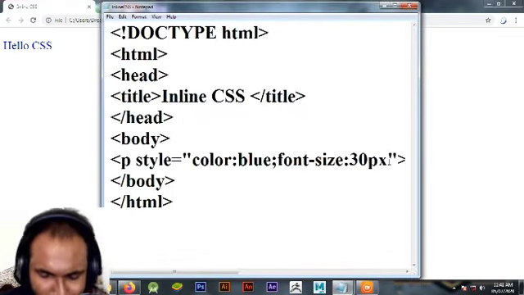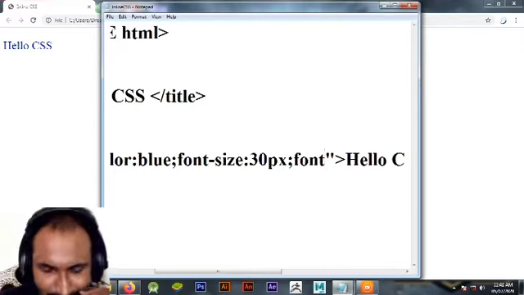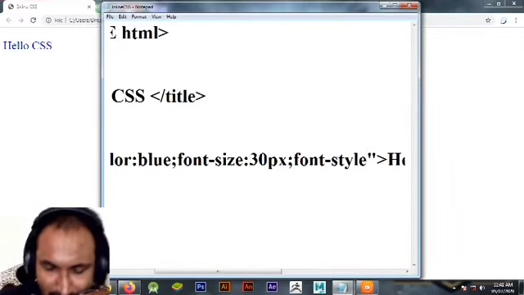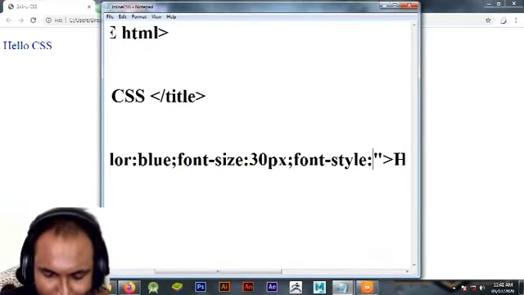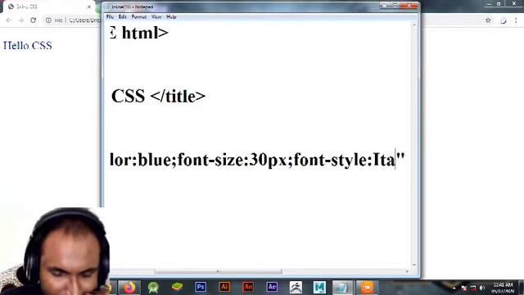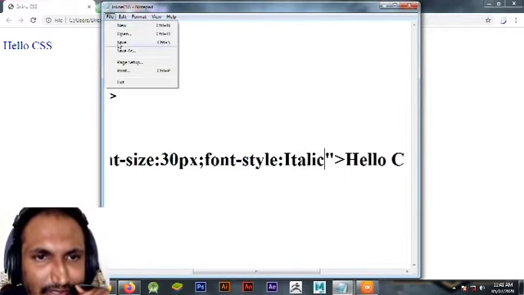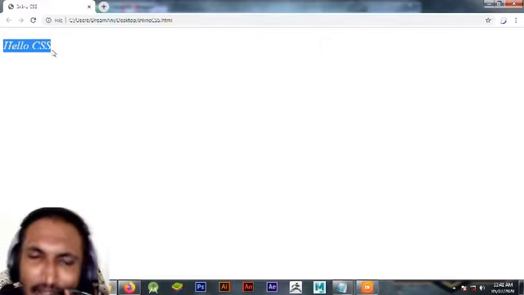If I want to take one more attribute, that is font style colon italic, and I am saving this, and if I refresh this then it will appear italic.